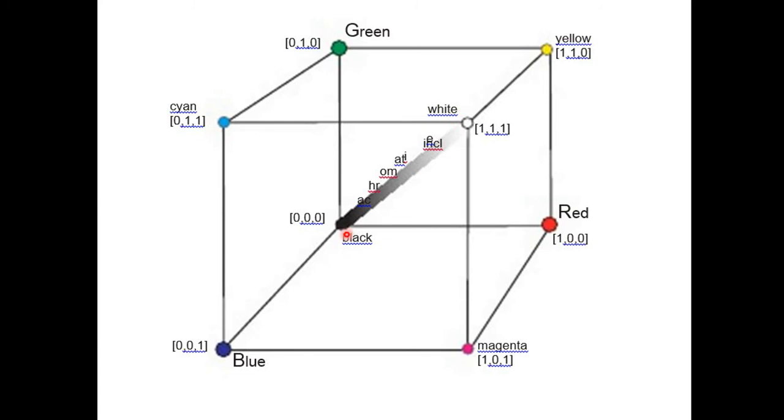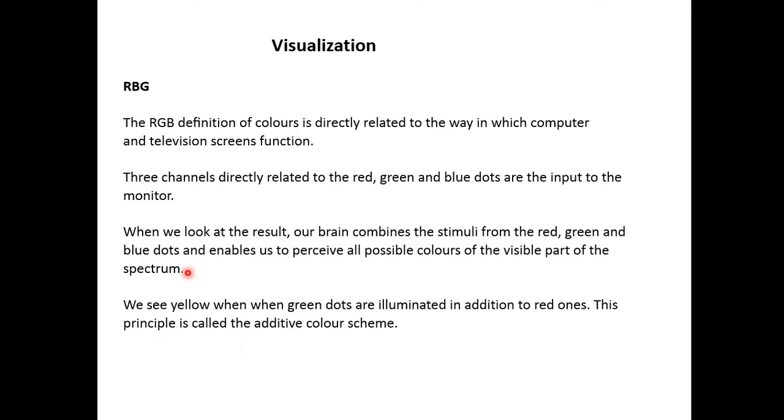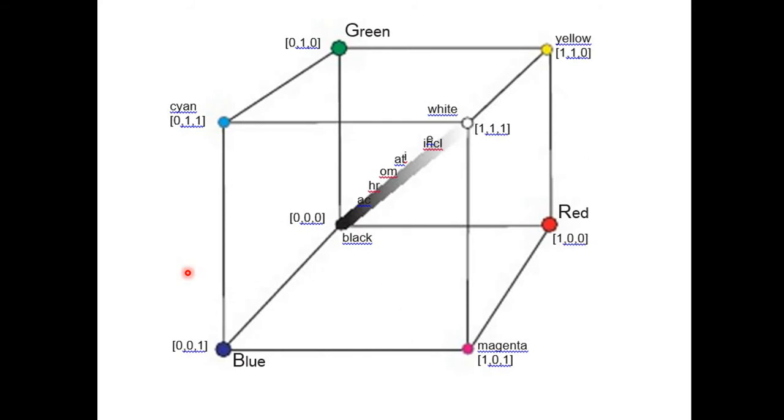White means we will observe the maximum percentage of every object. For example, we can see white color is produced when we have equal percentages of green, blue, and red. For example, we say 10% is energy losses, radiation losses in the atmosphere, then there will be 90% energy. 30% reflection is from green, 30% from blue, and 30% from red. I mean to say when we have equal percentages, then in this tri-stimulus model we will get the white point.